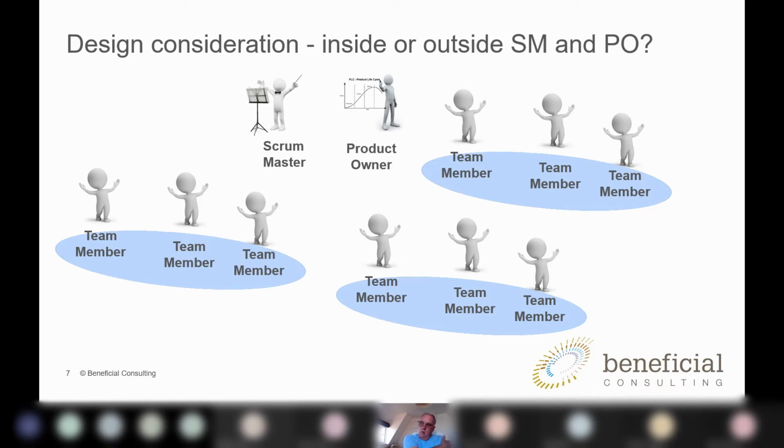I don't think one team design suits all, bearing in mind the context of the projects that you're working with. So I think that there's some flexibility, even if you're thinking of 7 plus or minus 2 for a Scrum team. I think there's some flexibility when you're starting to look at bigger teams and so on.